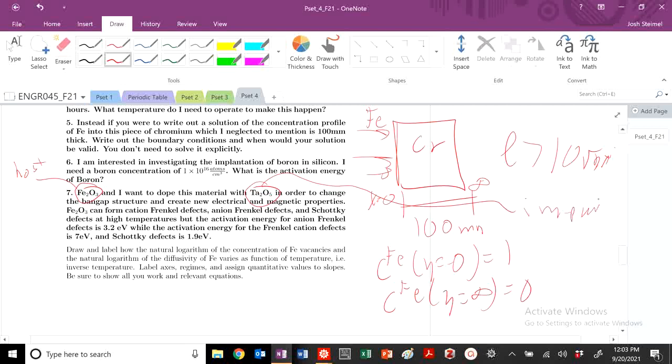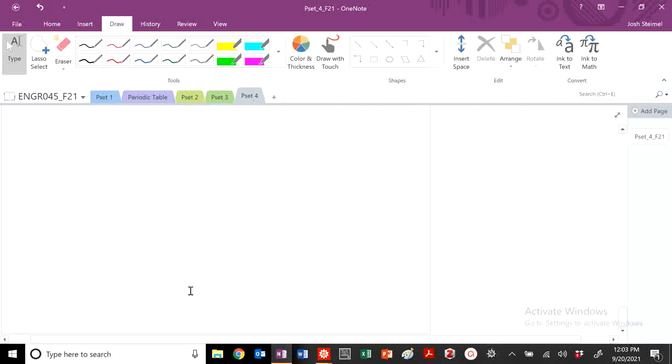So in order to change the band gap structure for electrical properties, I'm looking to dope. Fe2O3 can form cation Frenkel defects, Schottky defects, and so on. Activation energy for anion is 3.2, activation energy for Frenkel is 7. So Schottky is the dominant defect. When we look at intrinsic versus extrinsic defects, I'm going to go ahead and do